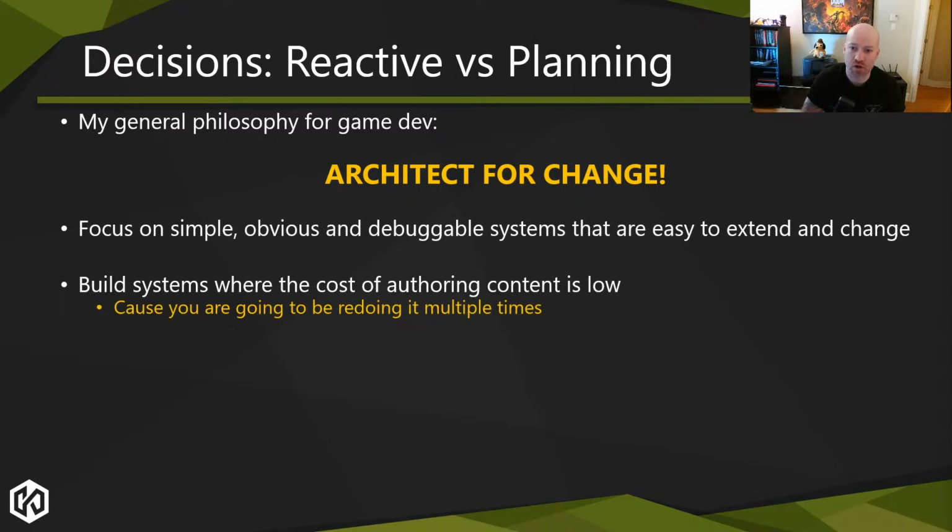You also need to focus on systems where the cost of authoring the content is low, because realistically, you're going to be redoing that content multiple times as you learn what the game is, as you're dev testing, as you're play testing. So sometimes the more manual approach, like authoring behaviors, if it's fast and you have good tooling and it's easy to work with, is a much better proposition than trying to automate it with some black box planner thing that, as soon as you have to redo some chunk of the gameplay, you're screwed and you have to rewrite the whole thing or restructure it or rebalance it. Whereas a designer can go in and just author a couple of new behaviors and boom, you're up and running in 2 seconds.